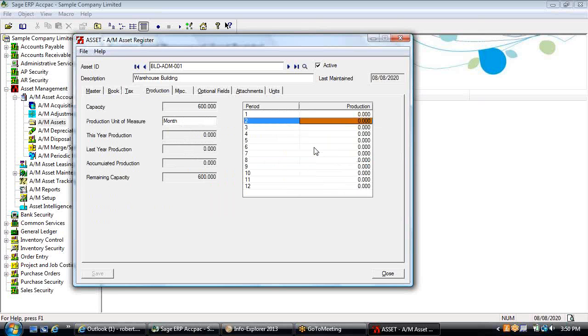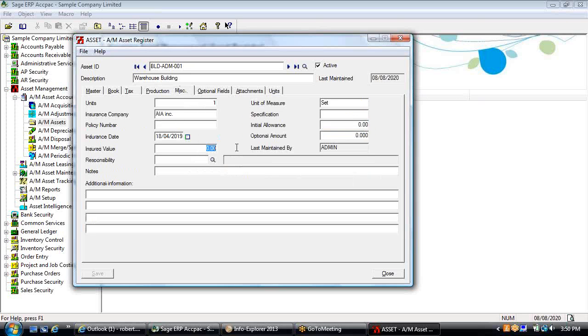So if the equipment in your manufacturing facility had so many hours of productive use, you could specify what that capacity is, 100,000 hours, and then hours would be your production unit of measure, and you could record the number of hours the equipment has been used within that month, and then just keep track for capacity utilization purposes. The miscellaneous page allows you to hold an insured value, and you could also keep track of the carrier